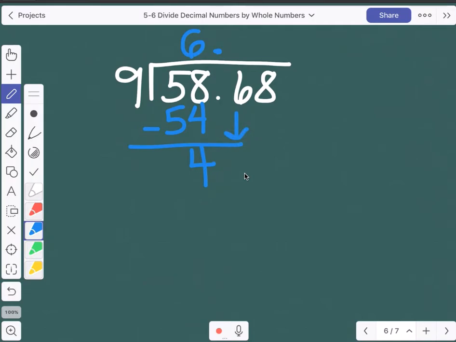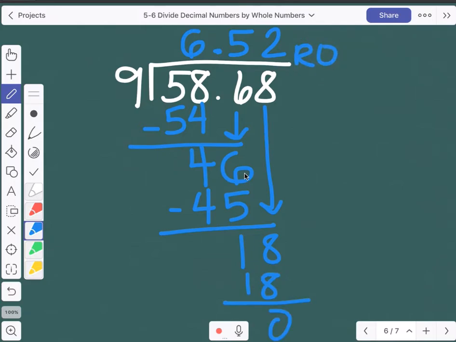9 goes into 46 5 times, and that is 45. Bring down that 8, and 9 goes into 18 2 times, and that's 18. So I have a remainder of 0. I'm going to go ahead and check it really quickly